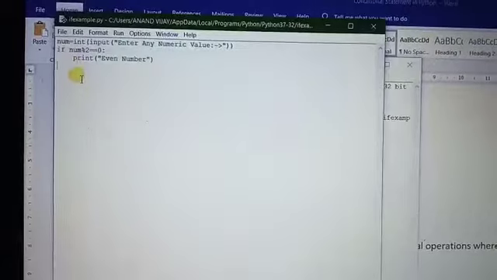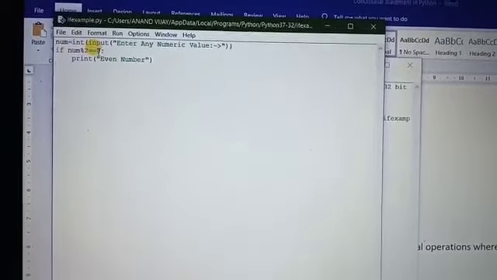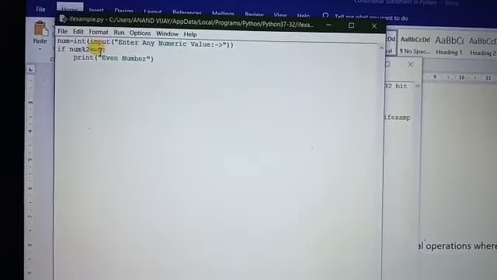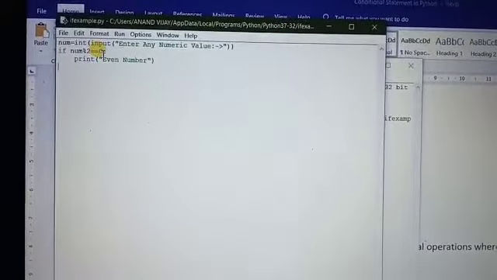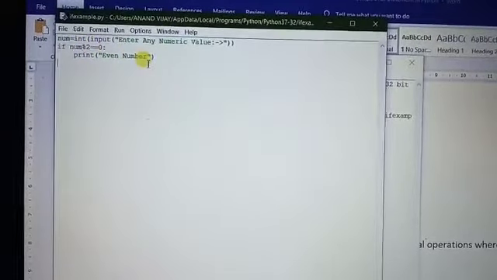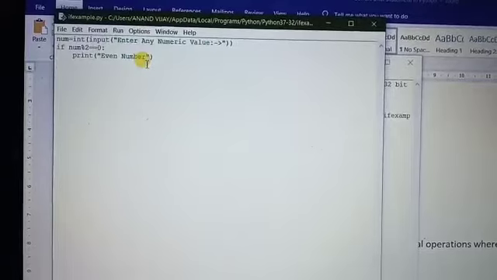Why? Because the if condition evaluates only the true condition. If the condition evaluates true, then it gives the output. If the condition evaluates false, it does not give the output.